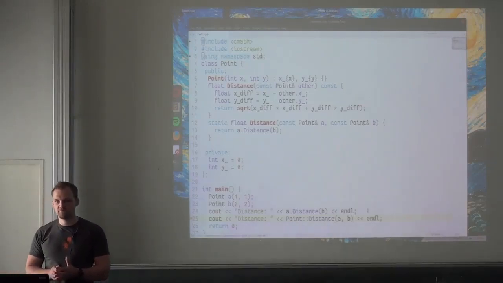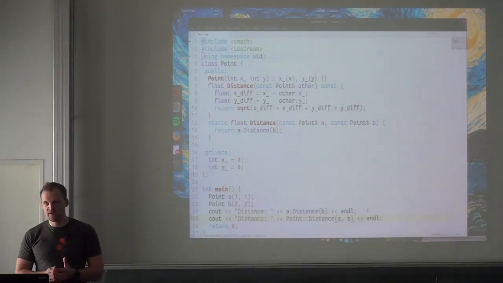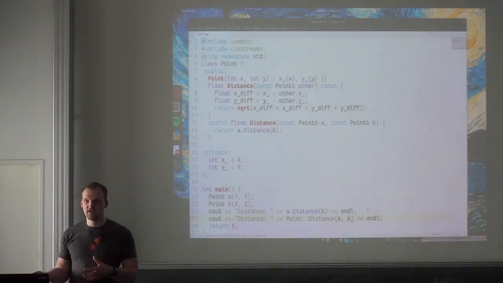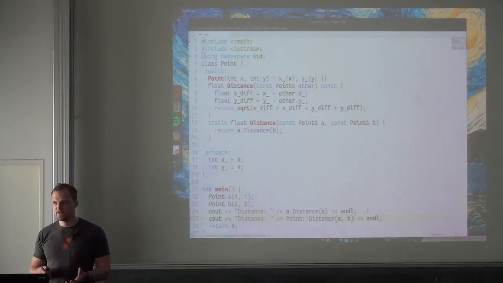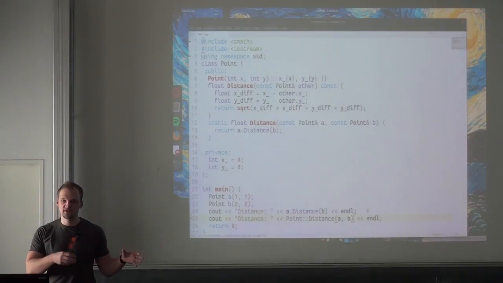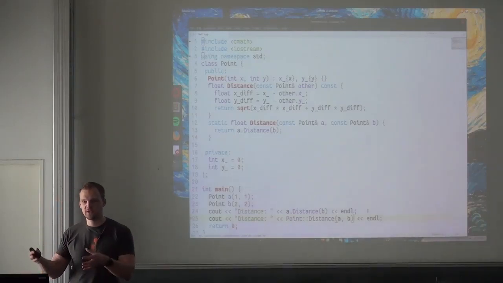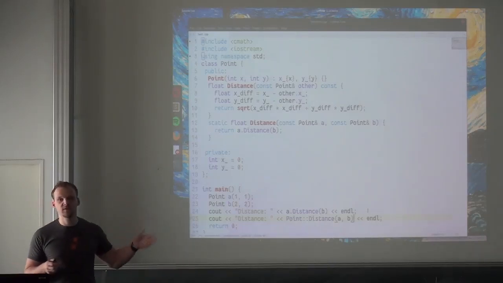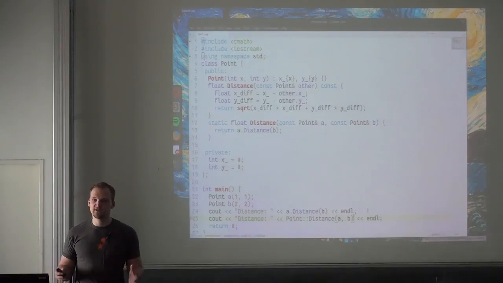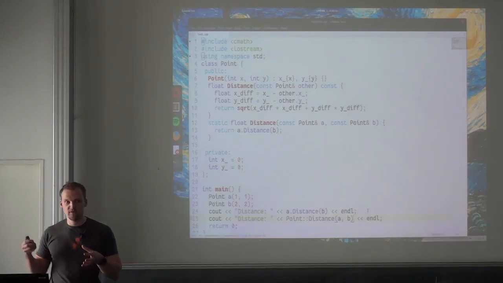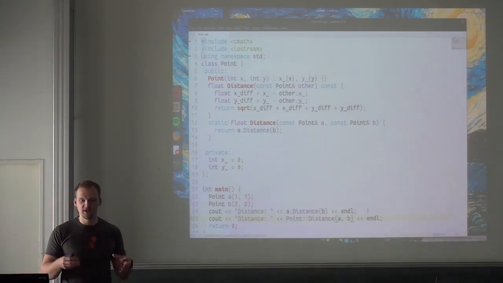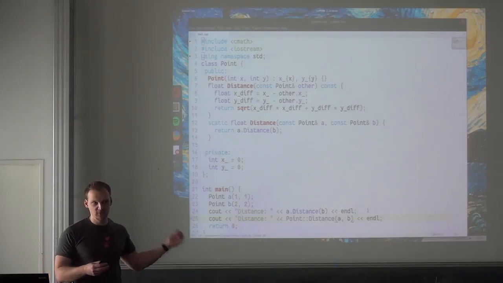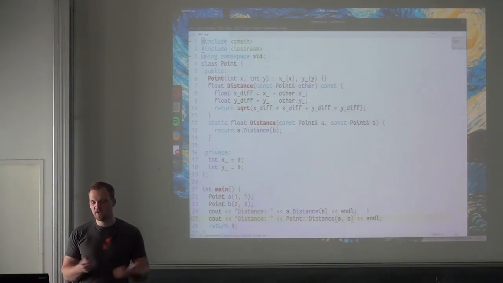I mean, probably the compiler doesn't care if it's static or not. For it, it's basically, as far as I'm concerned, just syntactic sugar. So it's for you to read your code better. Because in this case, you can do a distance function, but in some cases, it just doesn't make sense to have a typical function in a class. It does make sense to bind the function to a class to some degree, but your alternative, if you wouldn't have a static function, would be to just have a